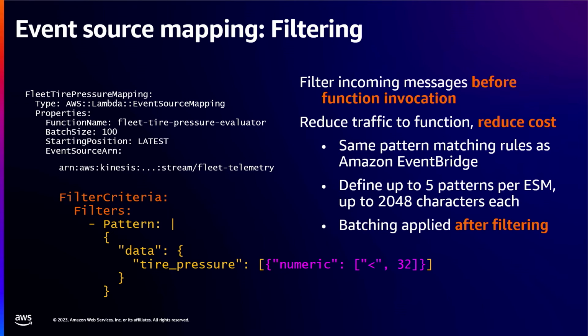The filtering is configured using a JSON pattern. Here's an example with a lot of different pattern matching options. In this example, it's going to check a numerical value and only process if the tire pressure value is less than 32. That may be a use case for you, but there are lots of different use cases. I think it has suffix matching, greater than and less than, and a whole bunch of other things. And actually, EventBridge Pipes filters use the event source mapping under the hood and use the same syntax, which is really great for consistency.